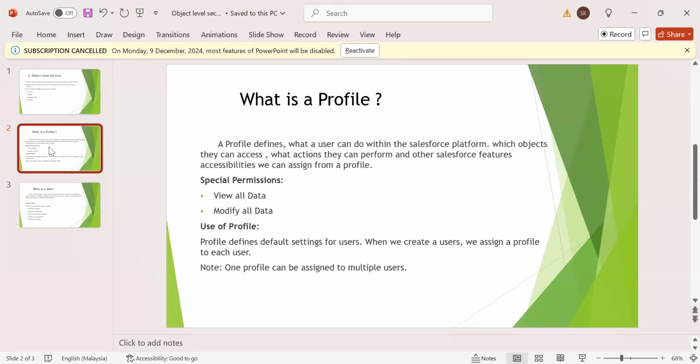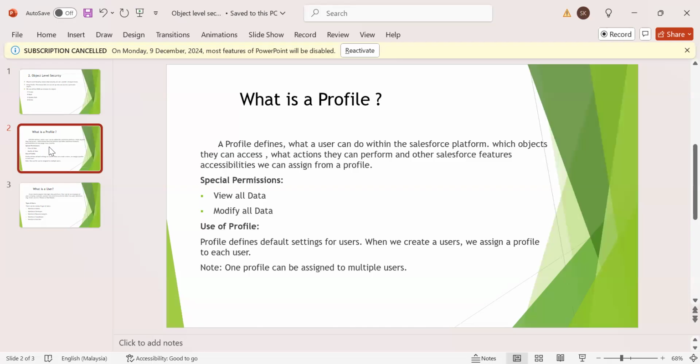We use a profile because a profile defines default settings for a user. When we create a user, we assign a profile to each user. Whatever permissions we set from a profile, the user will be able to access only those. The note here is that one profile can be assigned to multiple users.